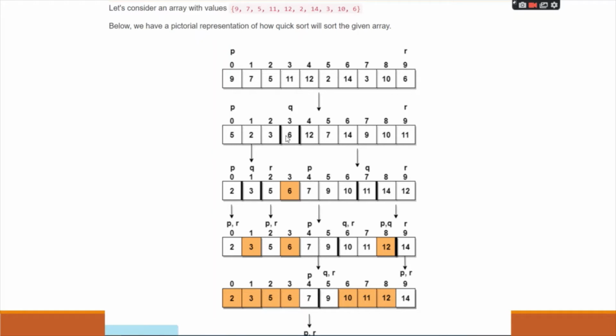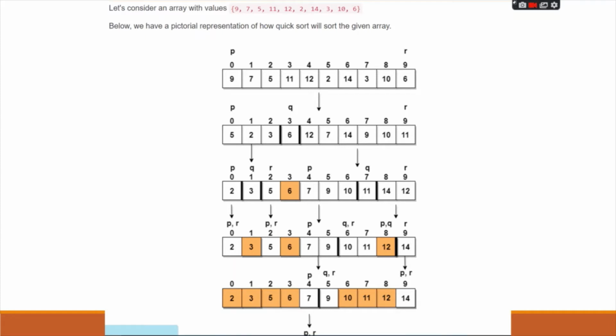into two sub arrays. One comprises the elements in 0 to 2, that is 0, 1, 2, and the other elements are in the second half of the array, that is from 4 to 9. So this is the second half and this is the first half. Those are the two sub arrays.